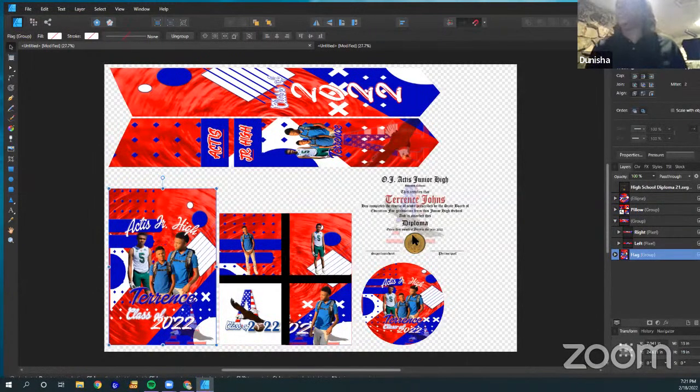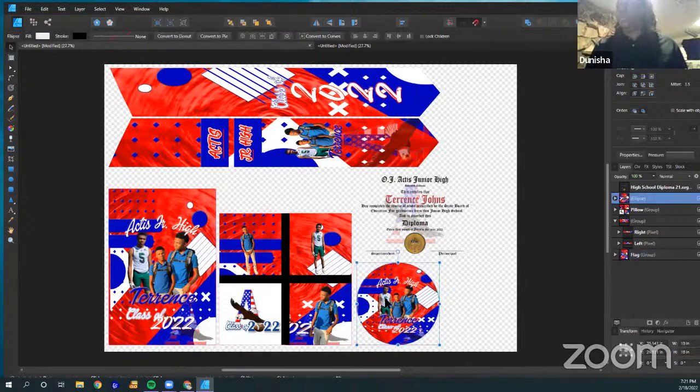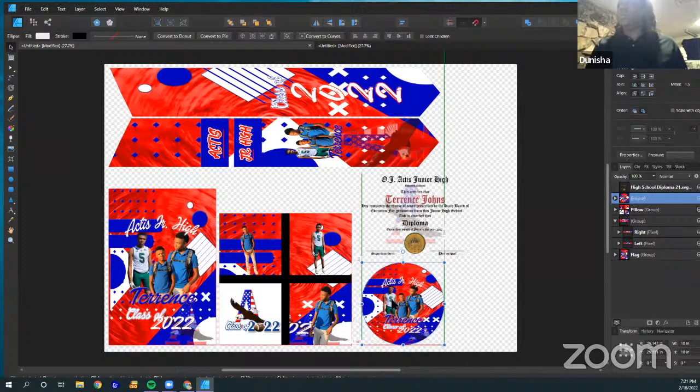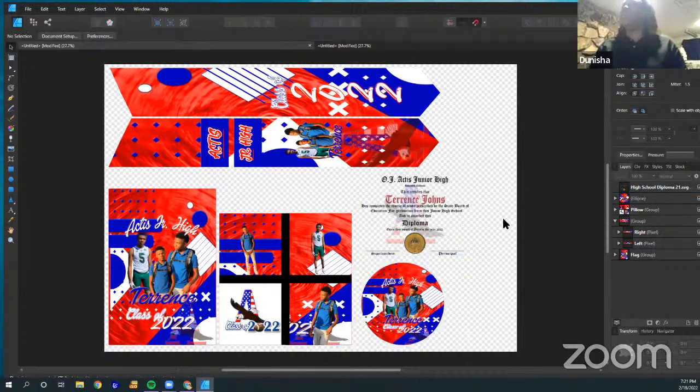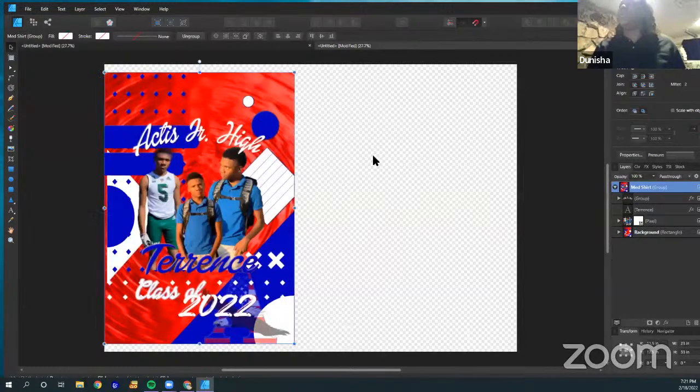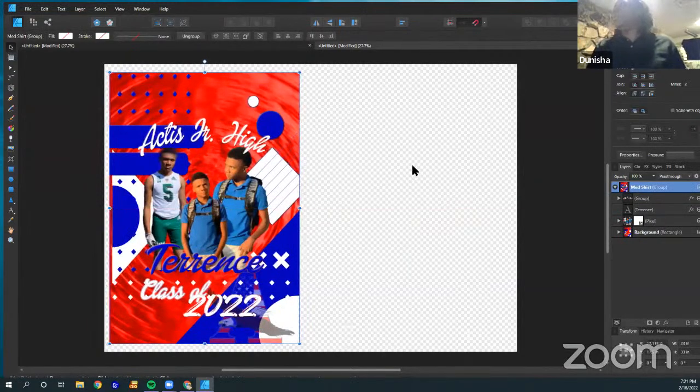So it can be done on a regular printer. That one is ready to go. And then I'll just print the shirt separate, which is 23 by 33.